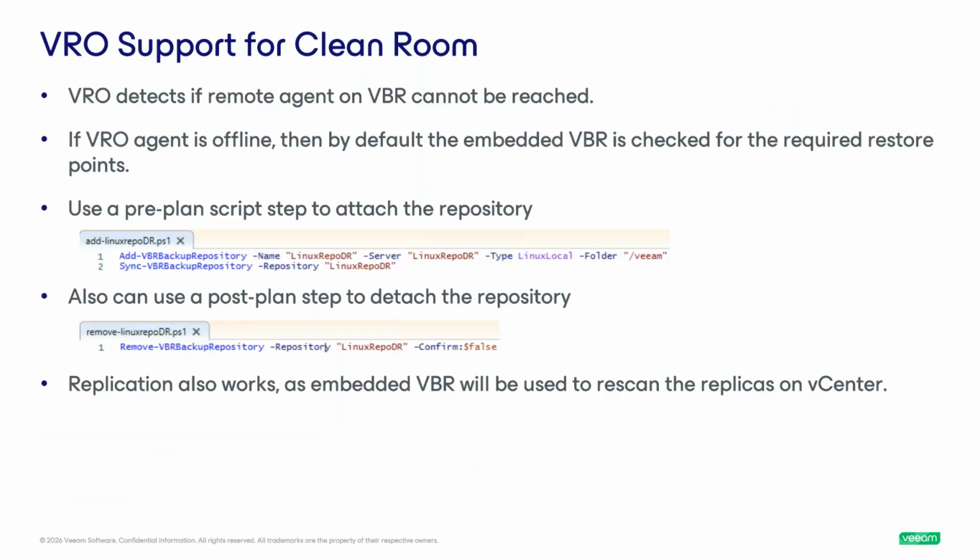Hey, that agent's offline. I can't talk to that VBR server. Then it's going to check to see if the required restore points are available. And then it uses a pre-planned script in the recovery plan